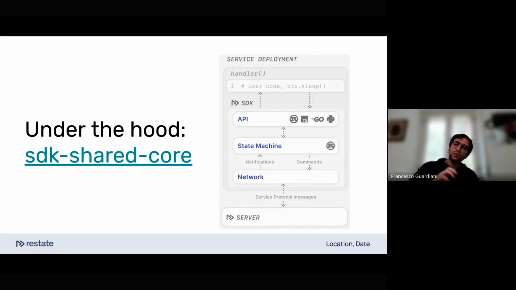What we thought to do is to create a unique code base, which is what we call the SDK shared core, for the state machine. Such that every SDK now works as follows. It has an API, that is the one that you use, which then interacts with the state machine, that is this SDK shared core. And then at the bottom, there is a network layer that is essentially just an HTTP